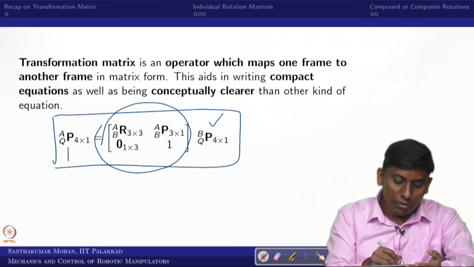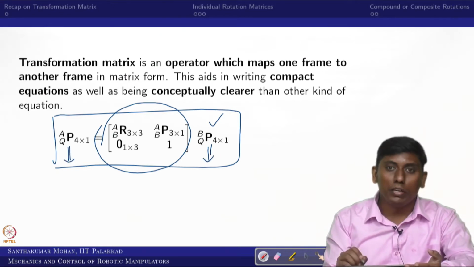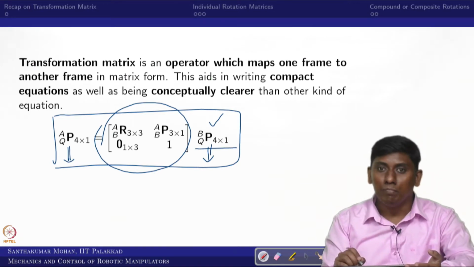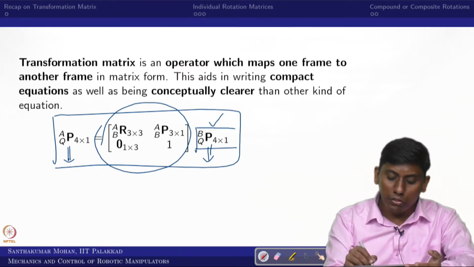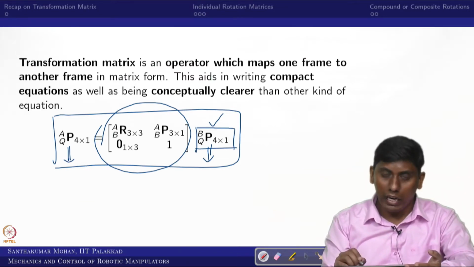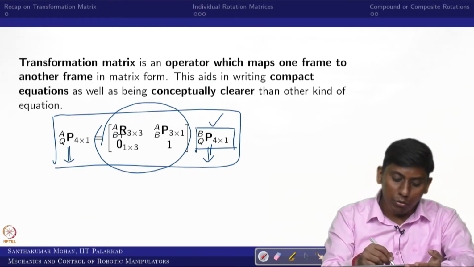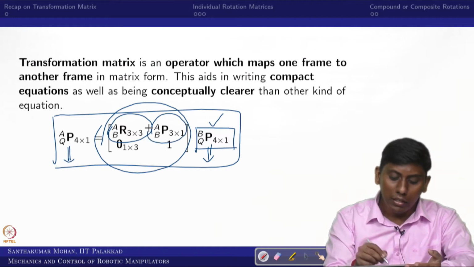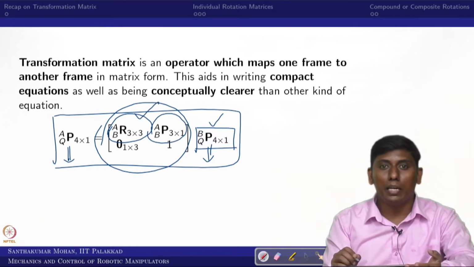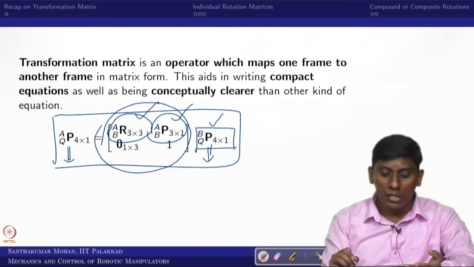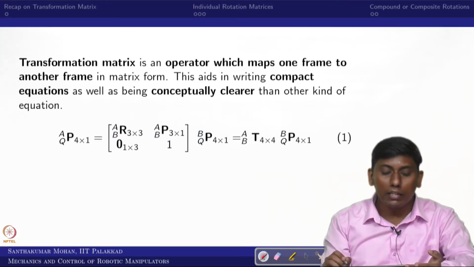Now the generalized position vector, we have increased by one dimension. That is what we call homogeneous coordinates, or the homogeneous position vector. Here we have added the scaling factor. For simplicity we take the scaling factor as 1, otherwise we can bring in the original scale. Inside there is a rotation matrix, which we keep as 3 cross 3, and similarly the positional information between two frames we keep as a 3 cross 1 vector. This is what we write as a transformation matrix.